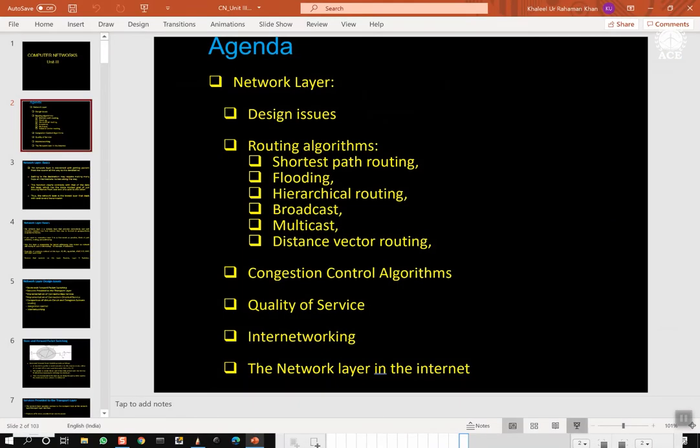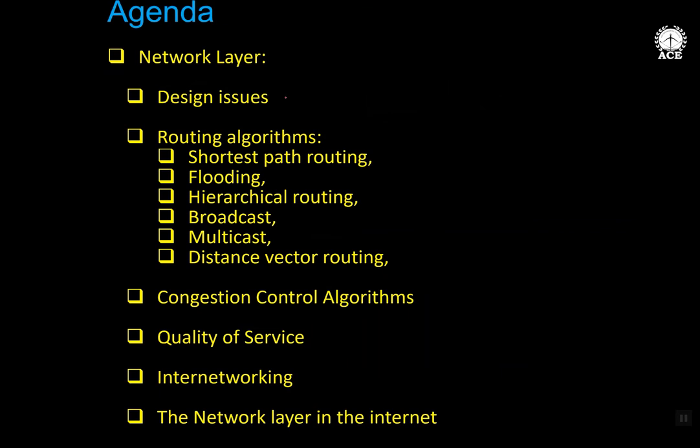So dear student, this is the agenda. Design issues will address various routing algorithms, which is one of the important functions of network layer, as we saw earlier in my first video when I was talking about the OSI model. We discussed in brief the various functions of network layer. One of the important functions of network layer is routing, so we are going to study several routing algorithms as case studies.